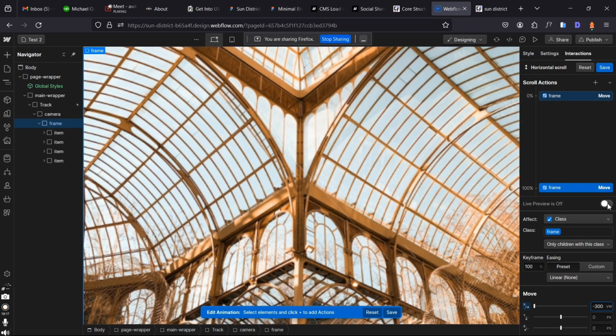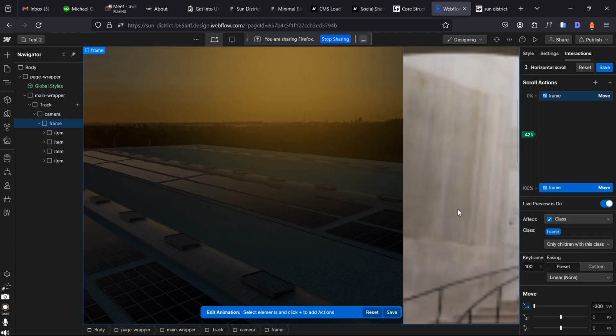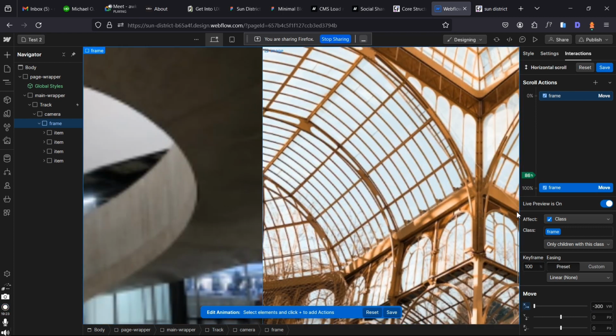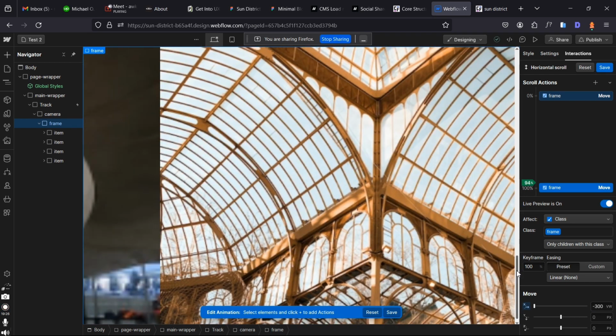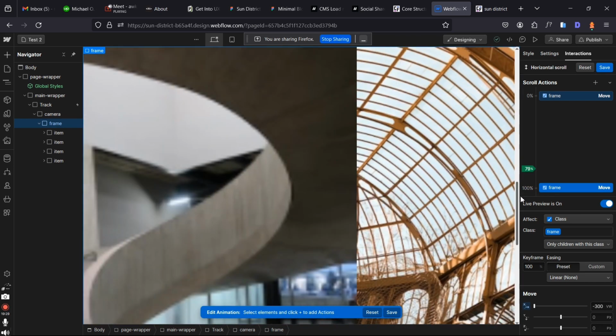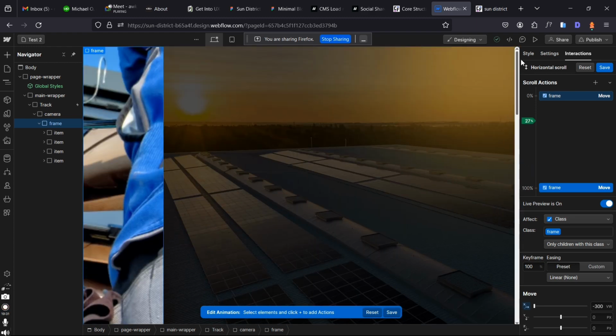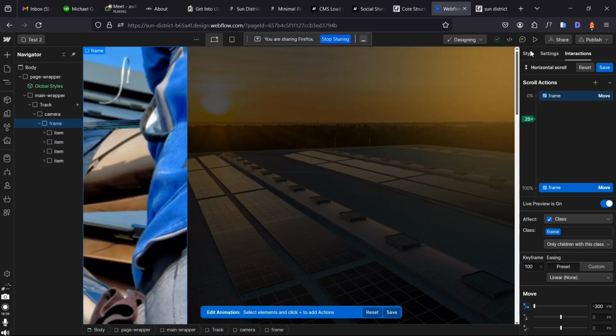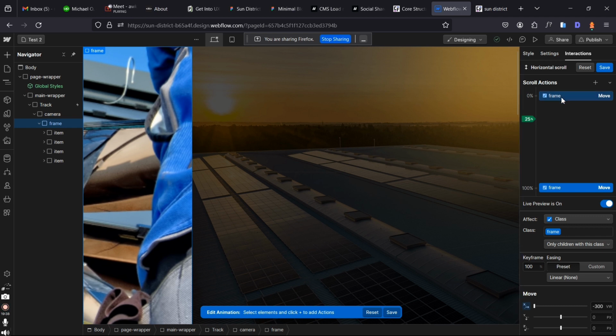Now, if I click live preview, for instance, as I'm scrolling, I'm still having the vertical scroll. Let me use this scroll bar. Can you see it's bringing me to the last one? So I'm still doing vertical scroll. It's giving me the last one. Now, one of the things we need to keep in mind is this animation is not set properly. As you can see, I'm at